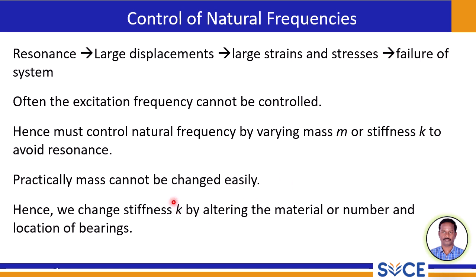Redesigning components to significantly alter the mass can be costly, time consuming, and might affect the system's overall performance or functionality. Consequently, a more common and often more feasible approach to controlling the natural frequency is by changing the stiffness of